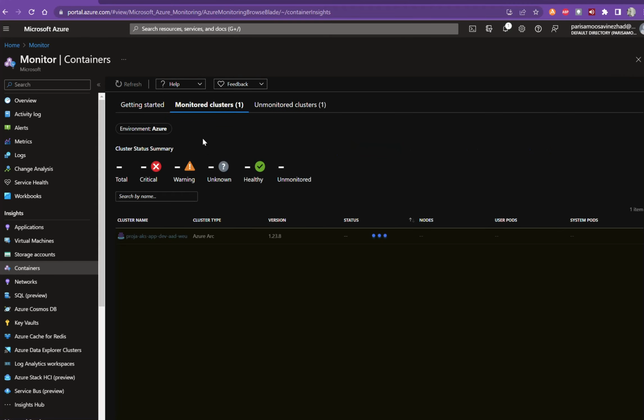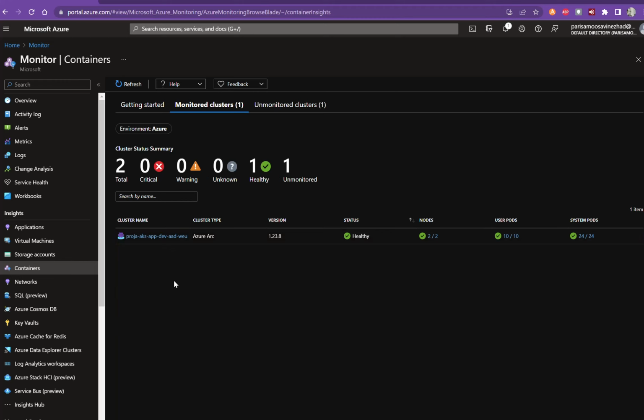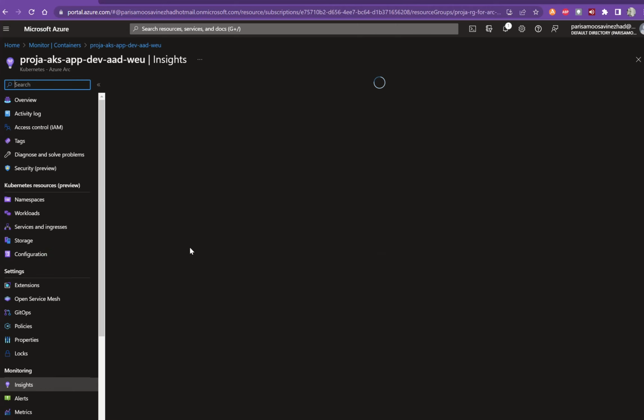You would see the whole set of connected clusters that you connected to the Arc here, with a difference: if it is Arc connected, a blue oval is under the logo. If it's directly connected to Azure Monitor, then it is the actual instance. Then you can click on it, and the same